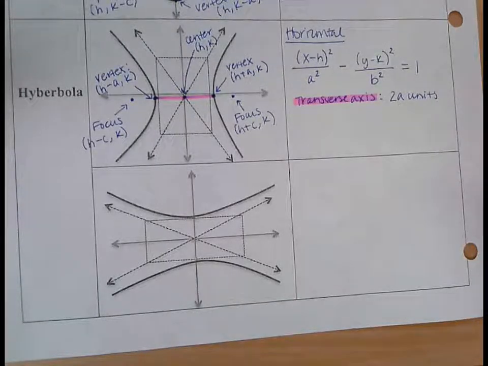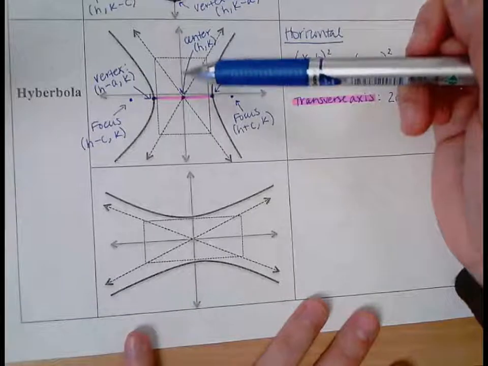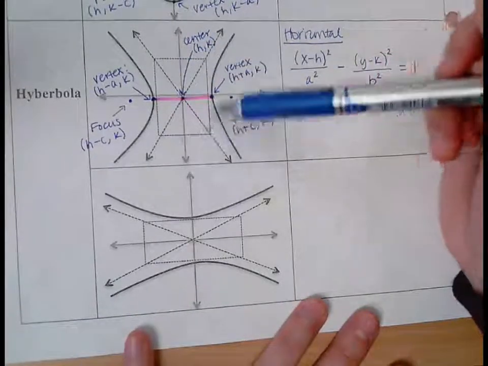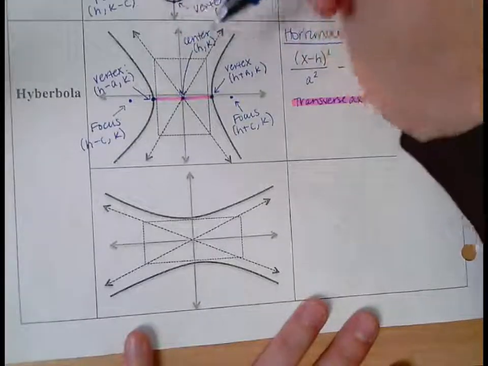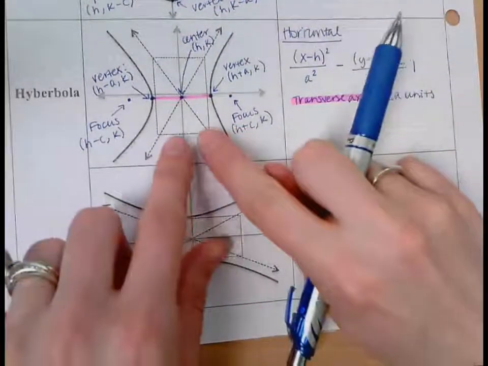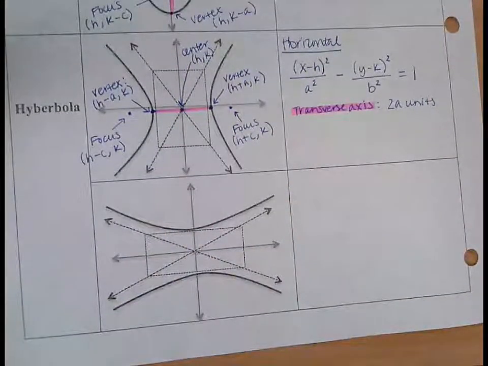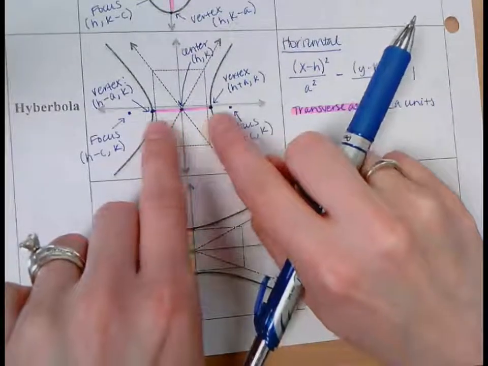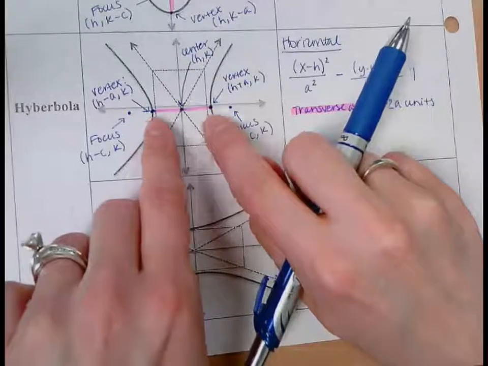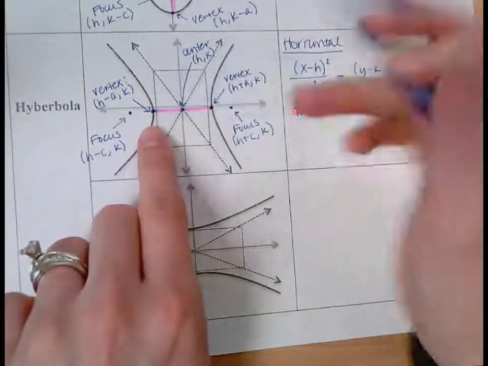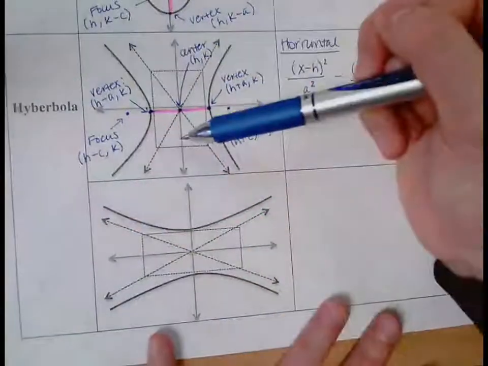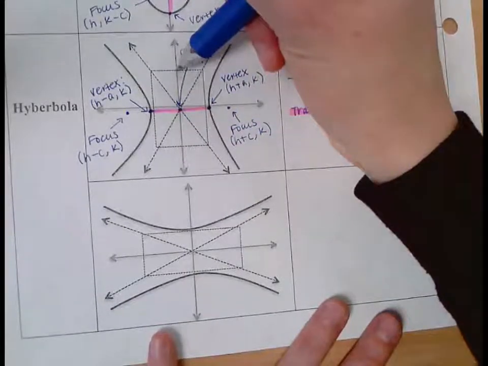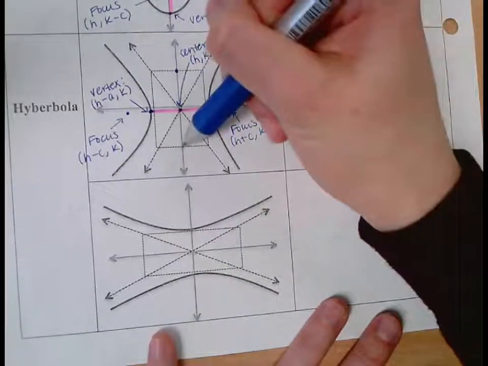Okay, and then we'll label the covertices. So now you see this box here. And I know this will make more sense as we're graphing them tomorrow. It didn't quite line up on your sheet where your vertices are on your curve. That should actually be touching that outer edge of your box. I know it's not. But the covertices then are in line again with the center, but they're up and down from the center. And they would be